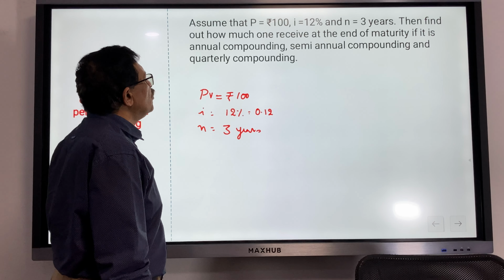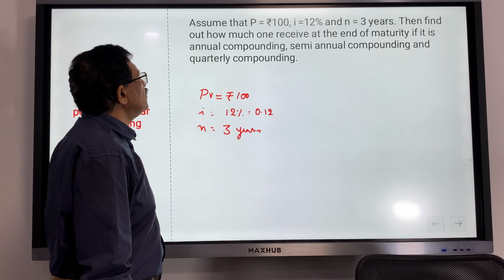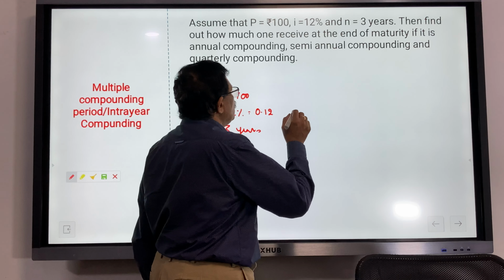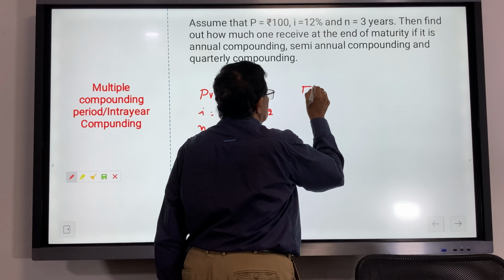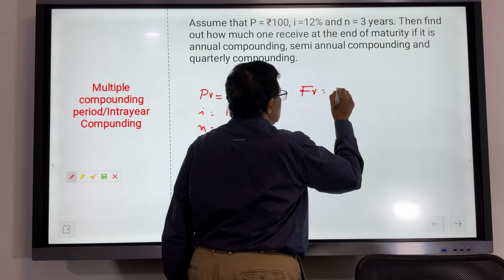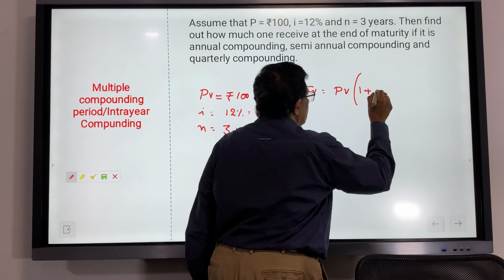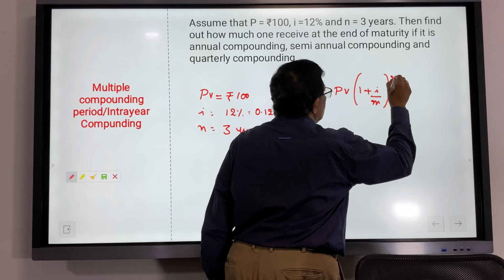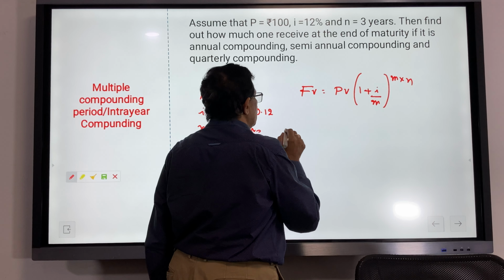Then how do you compute the values when the compounding is going to be done once in a year? So when there is going to be multiple compounding, what happens? We said that the formula will be equivalent to FV is equal to present value into 1 plus I divided by M whole power of M into N. If it is going to be yearly compounding,